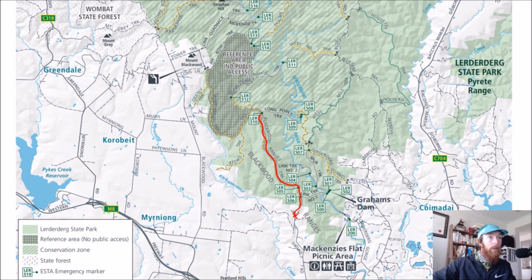We're going to skip Link 2 and Long Point until we get to this junction here, and we're going to follow it along a cow's track till we get to Bear's Head. We're going to follow Bear's Head down to the river. Bear's Head's a really interesting trail where there's a little bit of ridge running until we get down to the river, and then there's not very many other places to go, so we're going to head back up and then follow a cow's track around